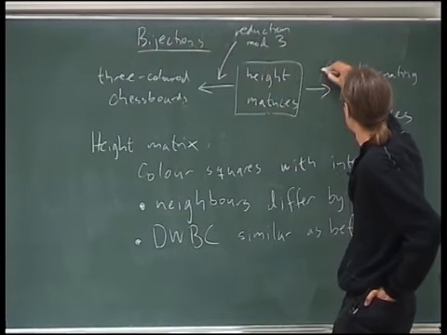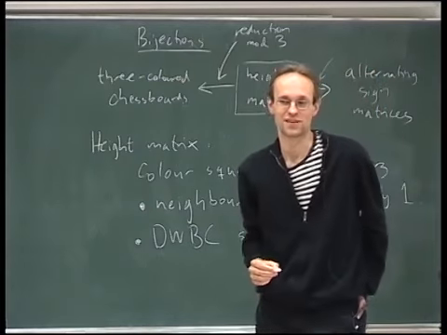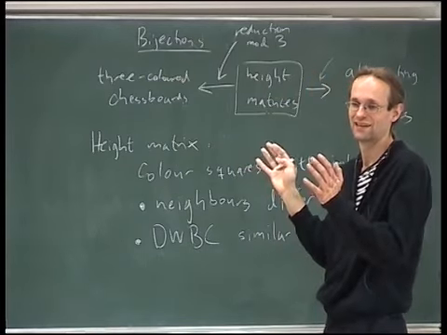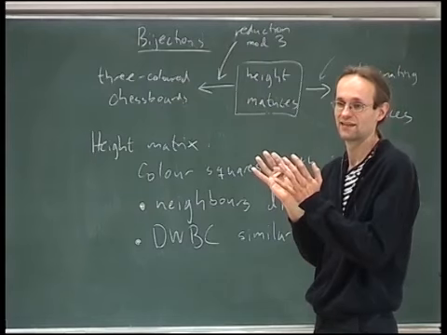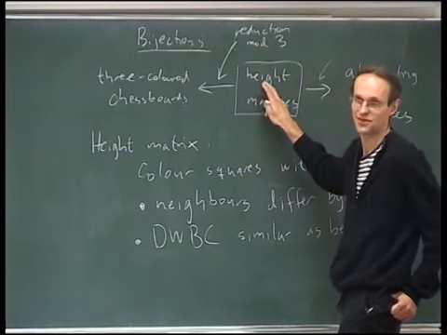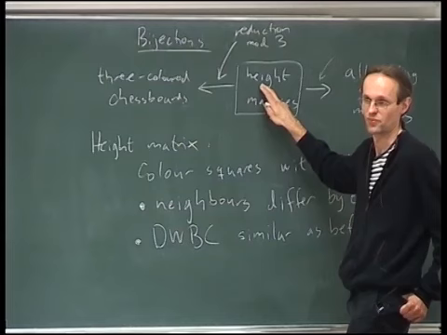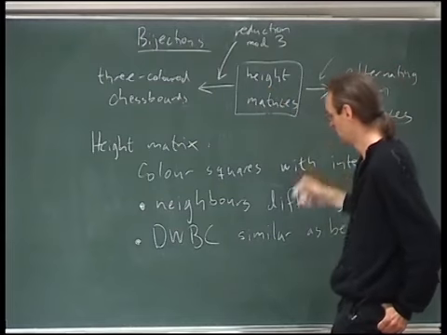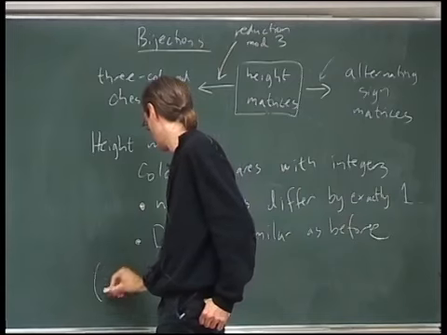And this bijection here, that will be something that decreases the size of the matrix by 1. So if we have a matrix of size n plus 1, here we will have a matrix of size n here. And the rule is that